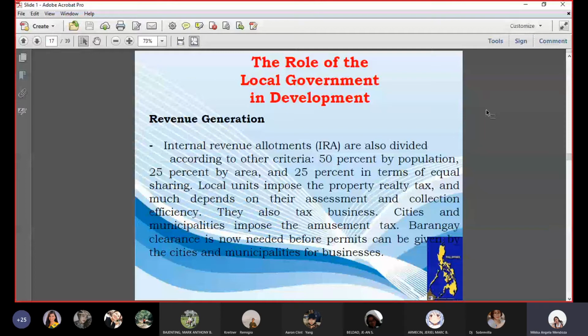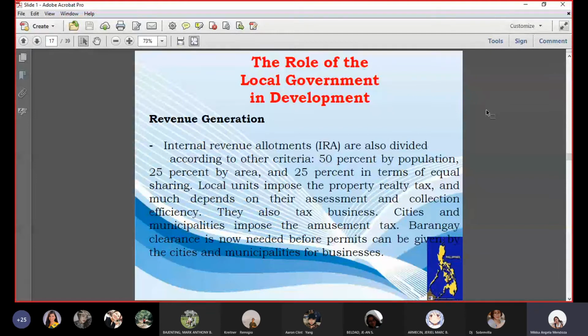Local units impose the property realty tax, and much depends on their assessment and collection efficiency. There are also taxes on businesses, on commercial businesses. And cities and municipalities impose the amusement tax or what we call the entertainment tax, on sports, movies, and concerts. Barangay clearance is now needed before permits can be given by the cities and municipalities for businesses. That's why you need to get the barangay clearance first before you get a permit to hold